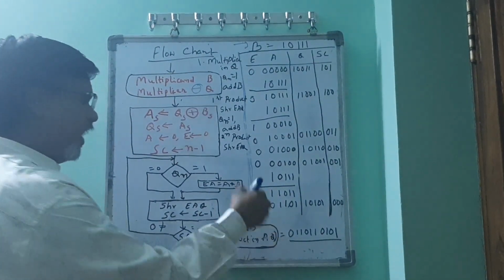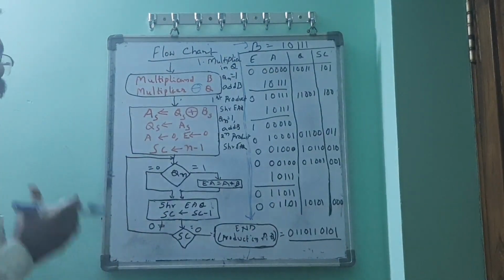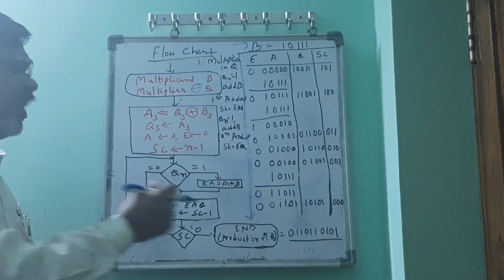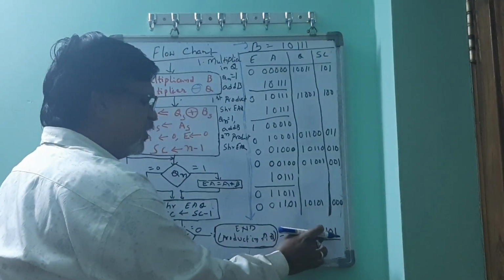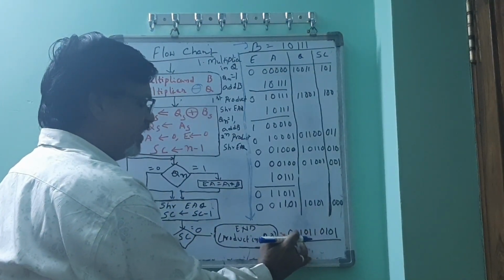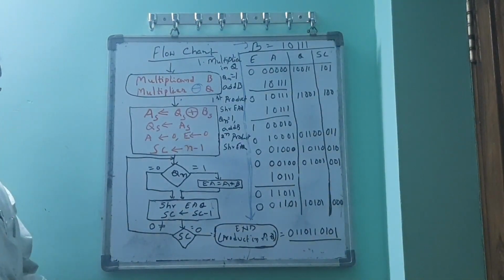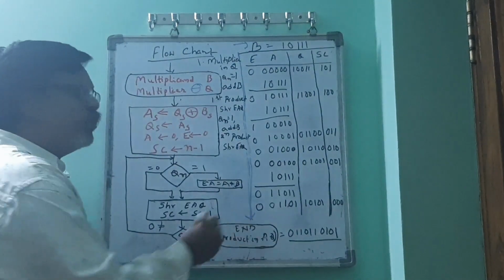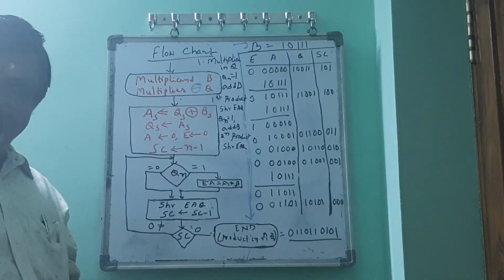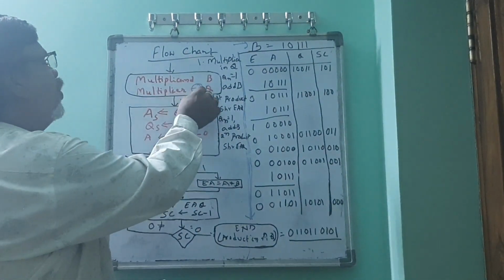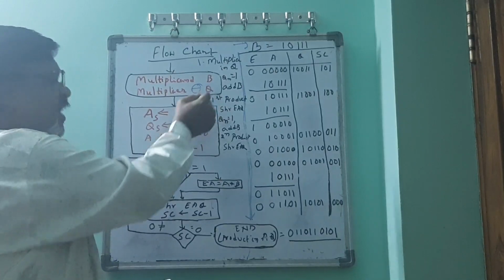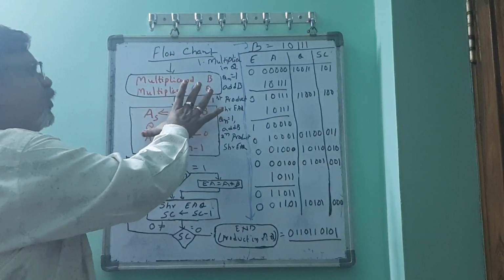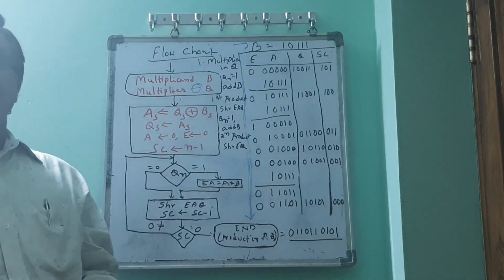You can ask me why AQ, when we are multiplying two 5-bit numbers. Previously, the result we got was 1, 2, 3, 4, 5, 6, 7, 8, 9, 10: a 10-bit product. So we need two registers to store the end result. That's why Q is the second input and A is the additional register. In A and Q, the final product will be stored.